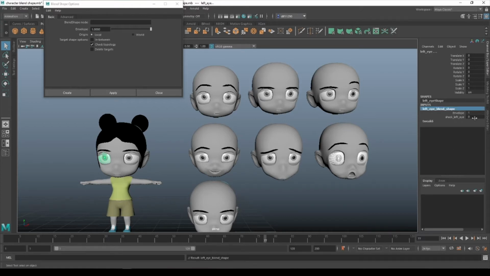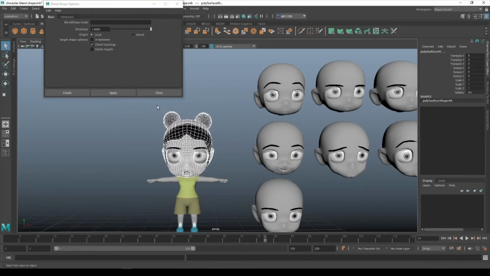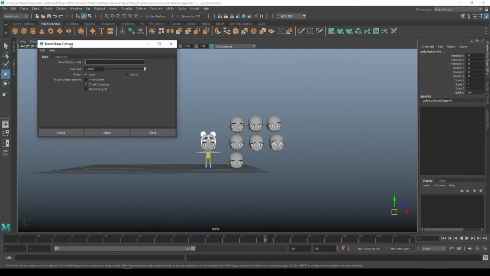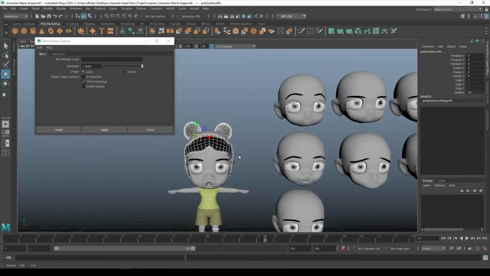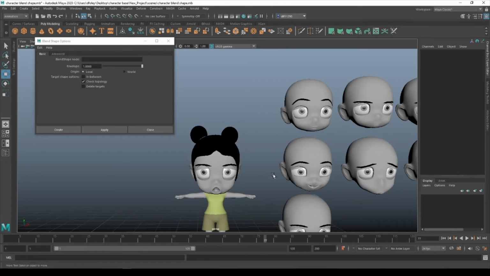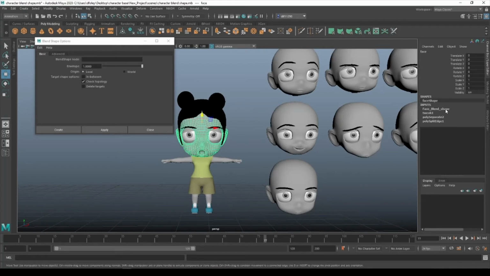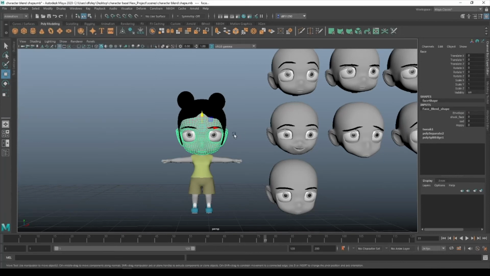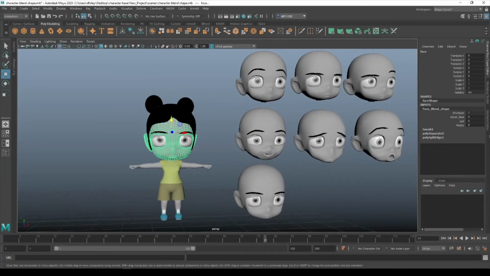Cool. So we have those now. I do need to fix her hair, so I am just going to apply the shock. Oops, hair up there so it's not clipping through. But it still looks fine when it's done. Okay, so now we have all of our blend shapes hooked up, but our eyebrows,